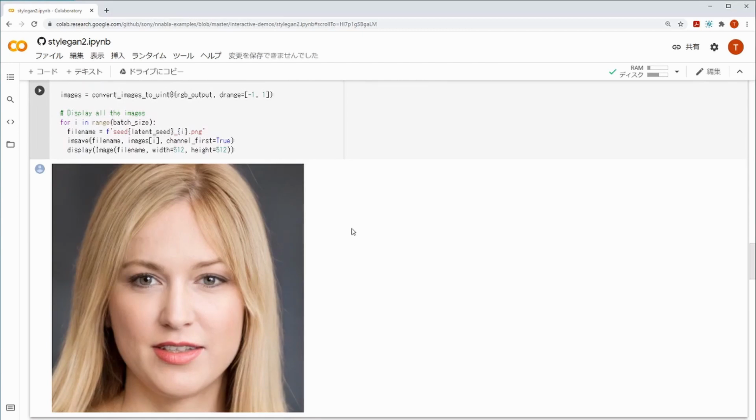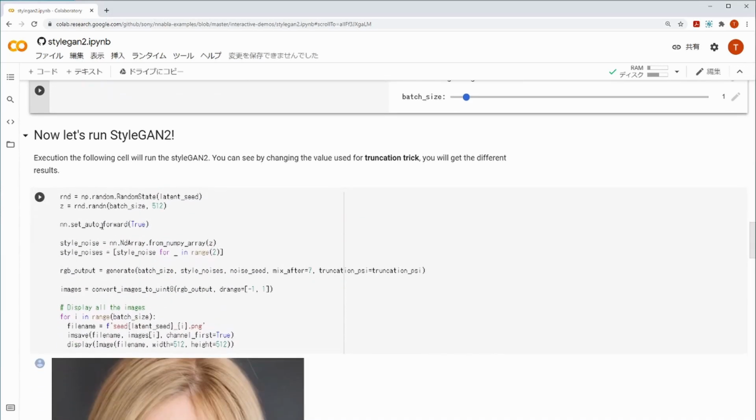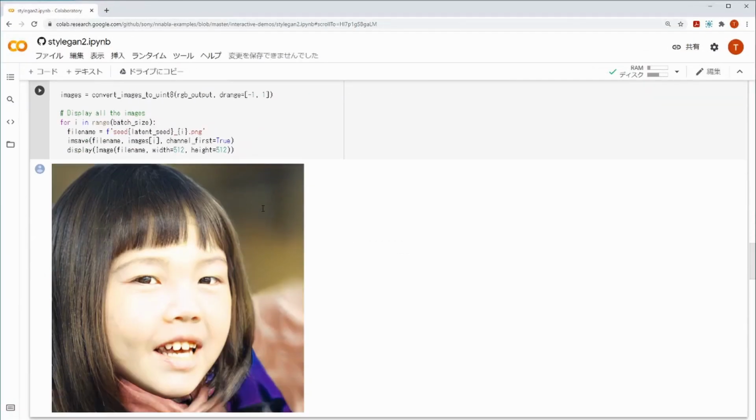Now if you go back to the previous cell and change the settings again, the result will change. For example, let's try a different seed value. Here we change the seed value. Now that we are happy with it, we'll have to save this setting again by running this cell, and let's run the next block again. And you can see that we get a different face this time. So you can see that by changing the random number seed that determines the latent variable z and also changing the parameters of the truncation trick, the generated face will change. Please feel free to try out various other settings.